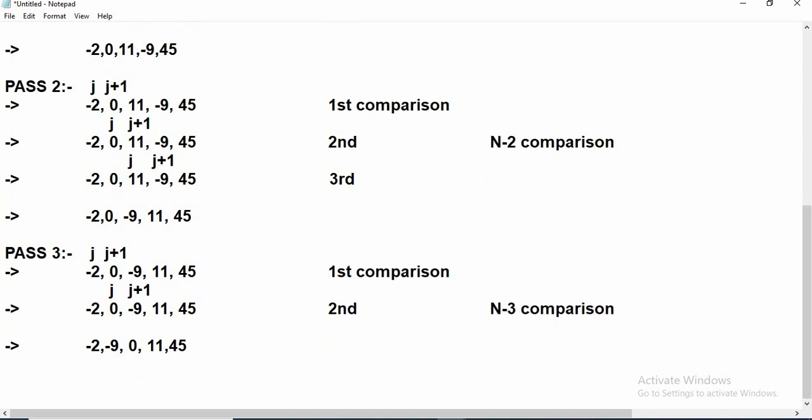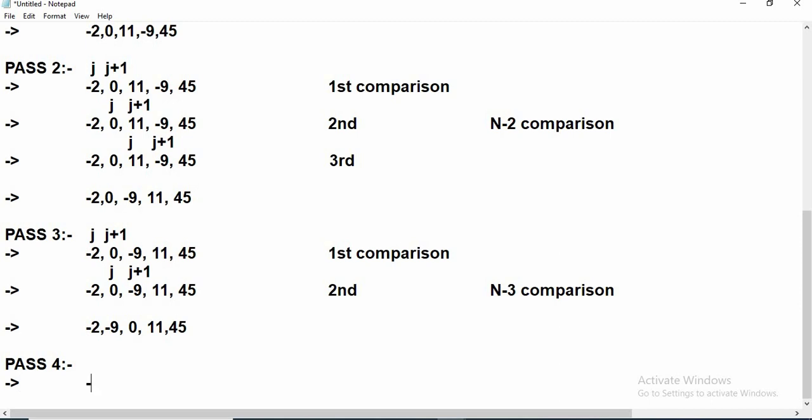Now we will move to pass 4. We will write the updated array minus 2, minus 9, 0, 11, 45.